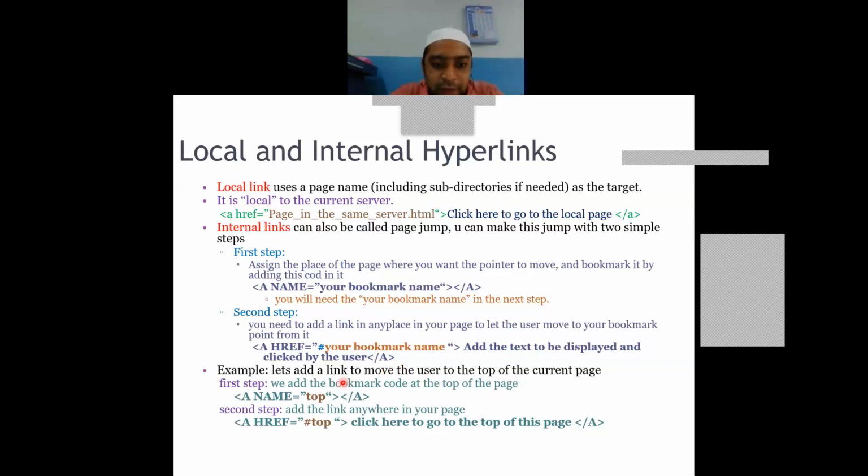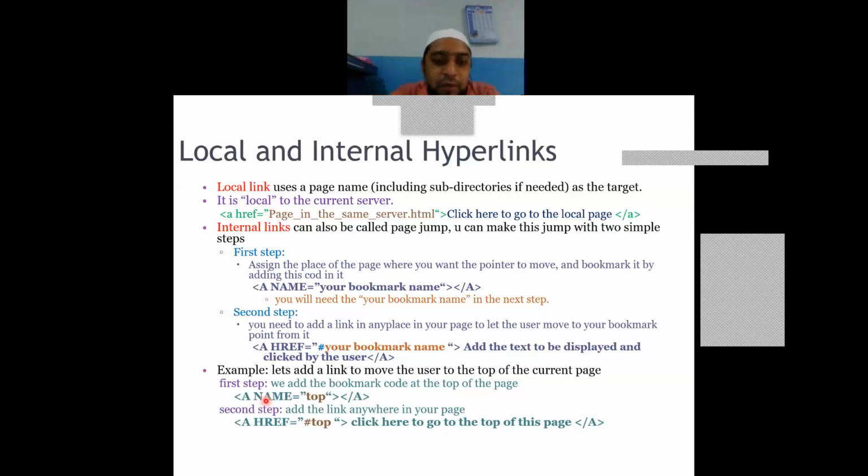One more example I have kept over here. Usually you'll browse websites, and sometimes when you are scrolling much down, there will be a button coming on the right corner, coming as top. If you click on that one, all this scrolling will go back to the initial state, and the top of the page will be visible to you.